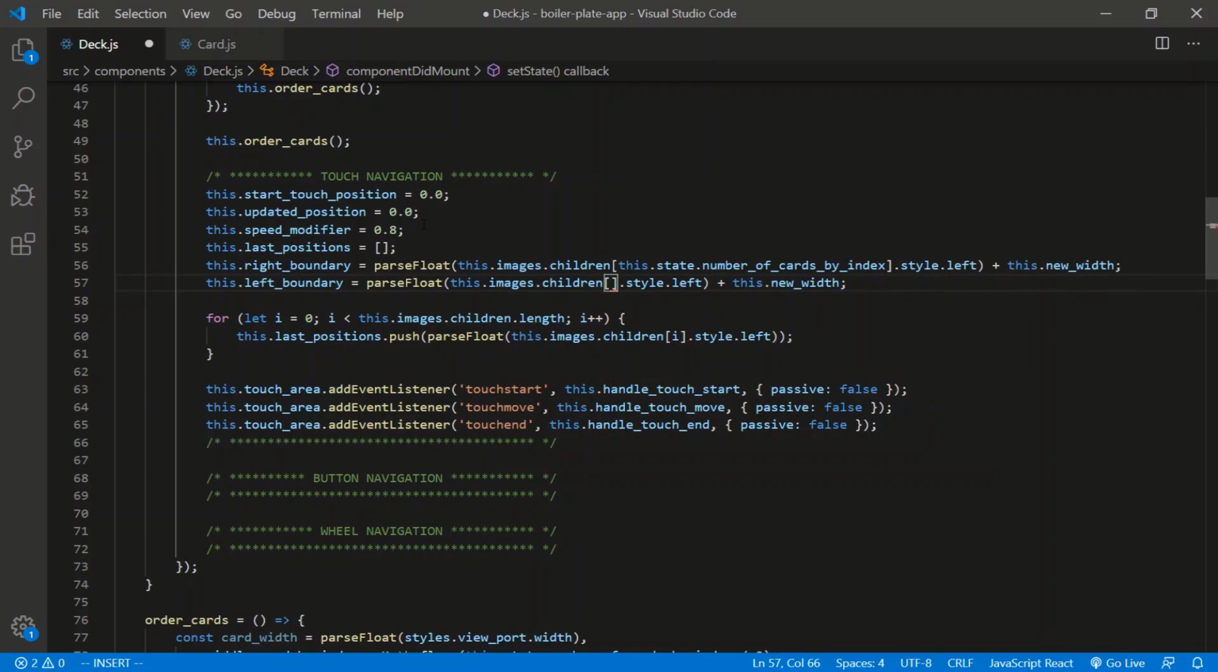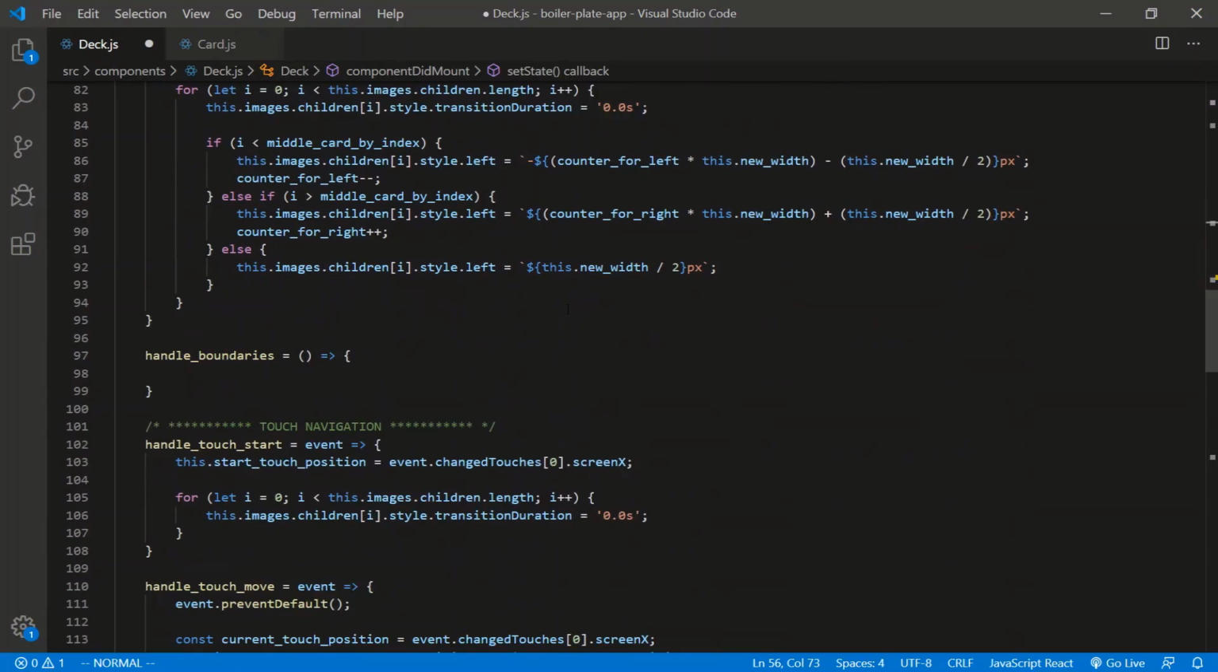Excuse me, not that. This could be 0 like that. And it'll be minus. So right boundary, last card, image children, style left plus, left boundary, first card, style left minus. All right. So let's handle the right